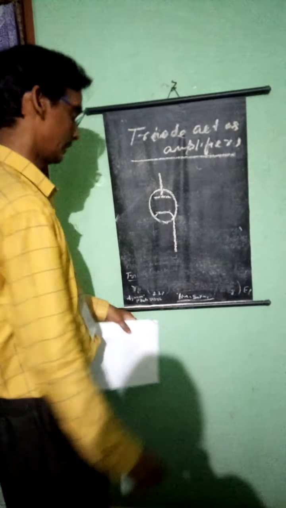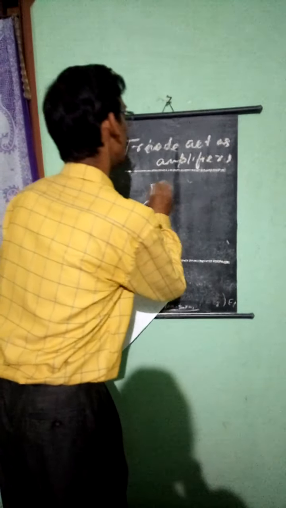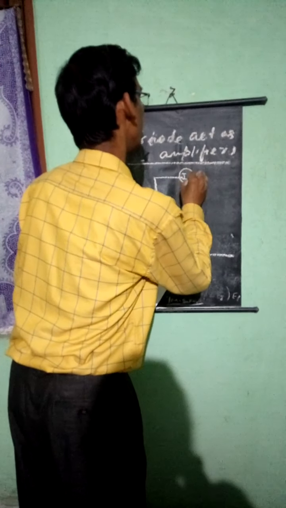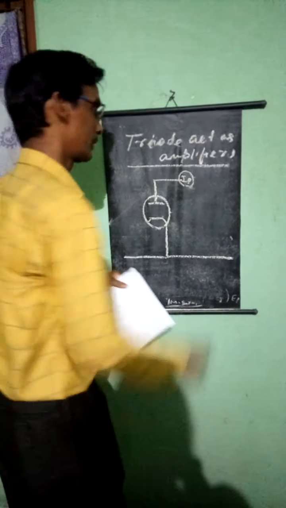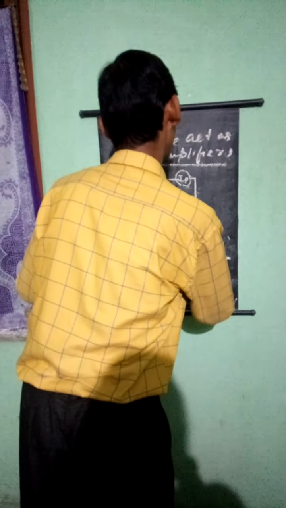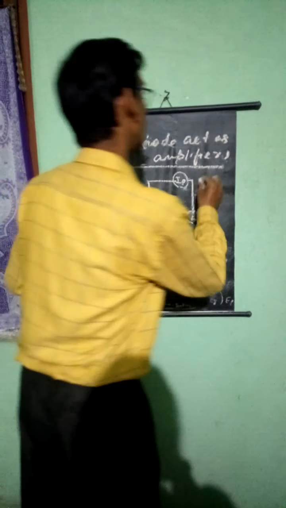The cathode may be directly heated. Let us see now, I am going to take it like this. Look at the polarities. Here you see there is a plate current. To measure this plate current, connect an IP, that is, an ammeter connected in series. We are also going to take a voltmeter VP to measure the plate voltage.